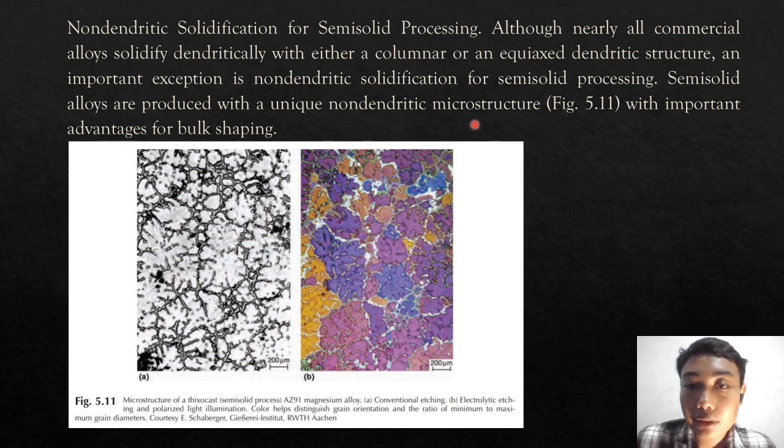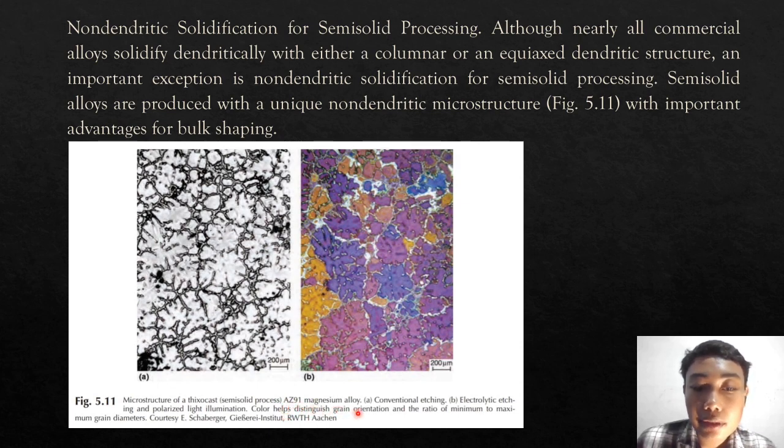Semi-solid processing alloys are products with a unique non-dendritic microstructure, shown in Figure 5.11, with important effects on shaping. This is Figure 5.11, the microstructure of a thixocast